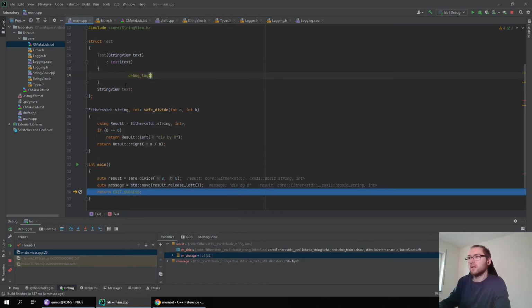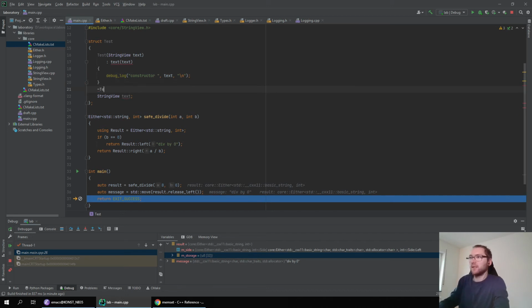Log constructor, space, text, line break, fine. And let's also create a destructor. Oh, of course, this was stupid.